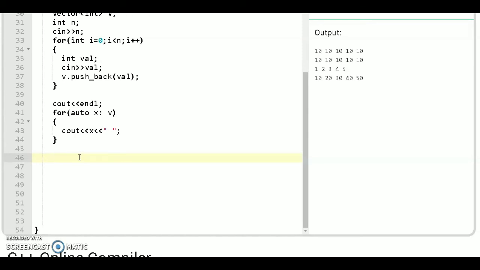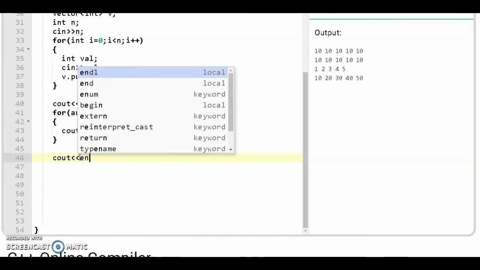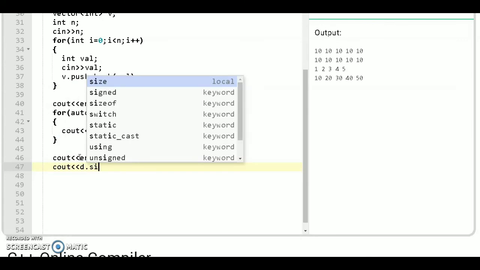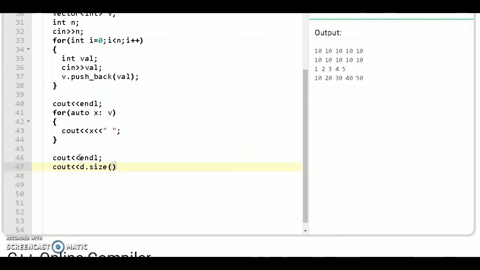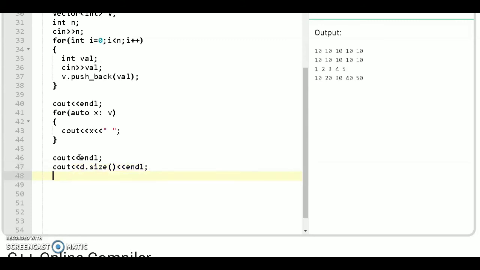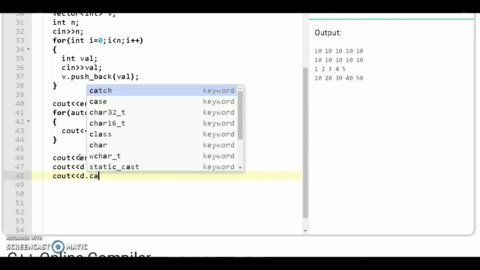So cout endl, change the line, and we will see the size and capacity of this vector. So cout d dot size, because in vector d we declare the 5 elements initially, but in vector v we insert one by one, so it can double its size by push_back. Change the line and cout d dot capacity.